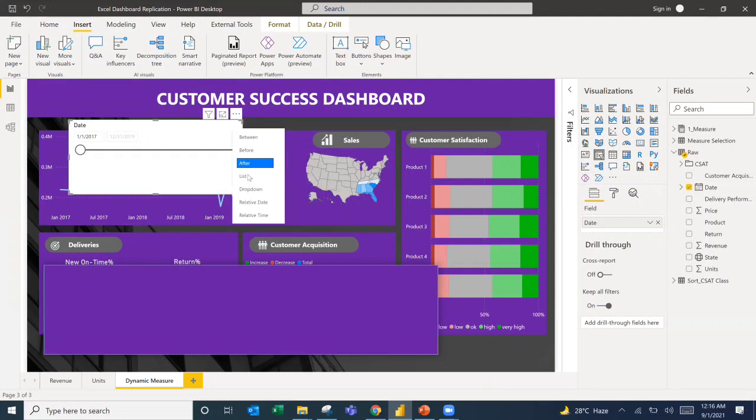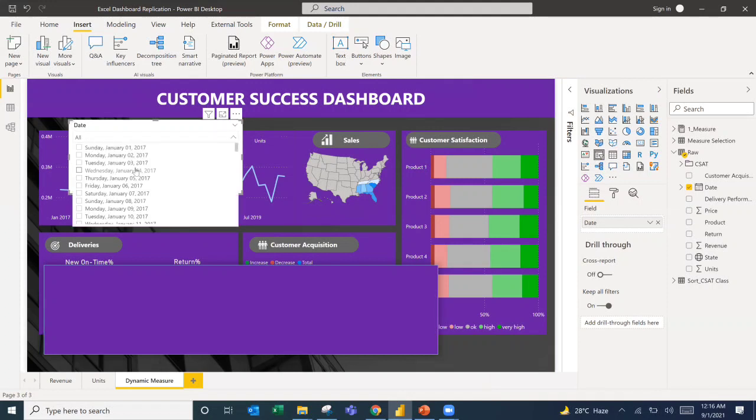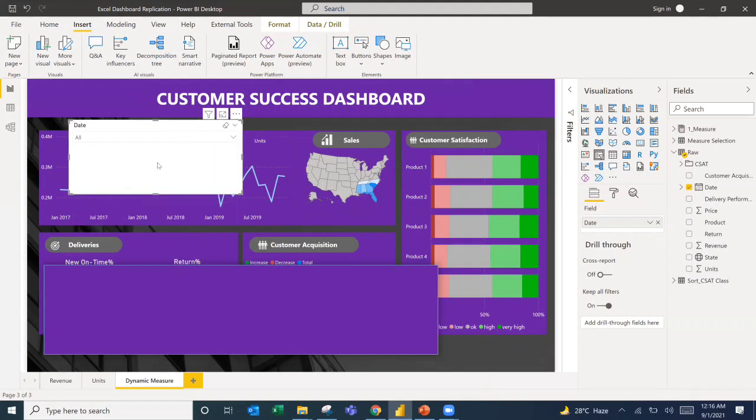A list, which we rarely do for a date because it's too much. Then we also have drop down. Also for a date, it is not advisable because it's still too much. It just saves you a space, but it won't give you